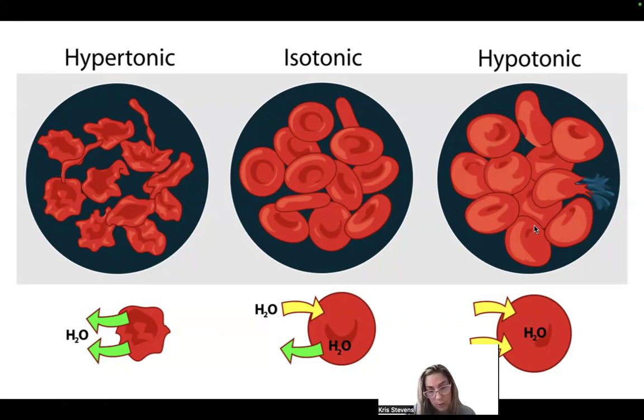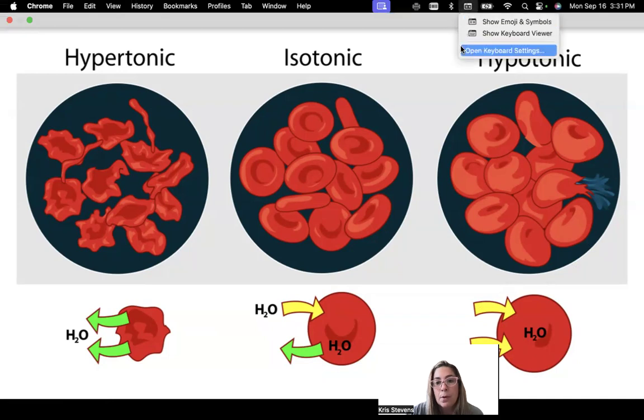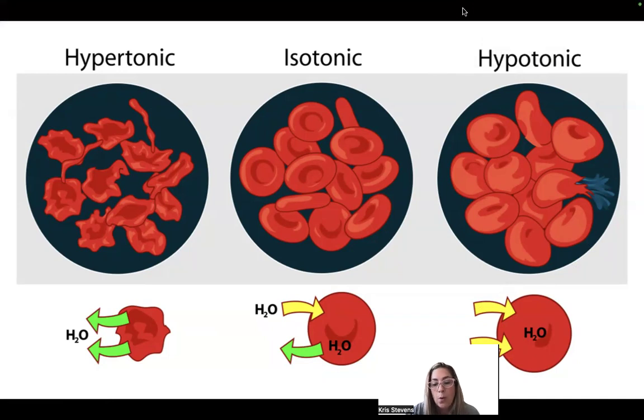Hypotonic, they will burst. They will burst. We will talk about that in class, and you've heard me say that. You will hear me say this. What will happen here is water will, there was a few years ago, and I don't remember how